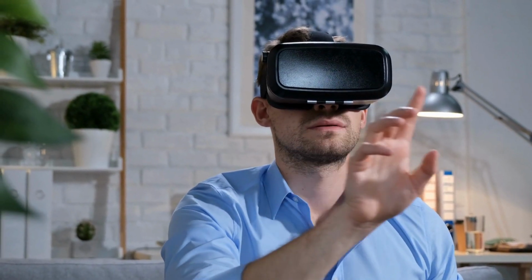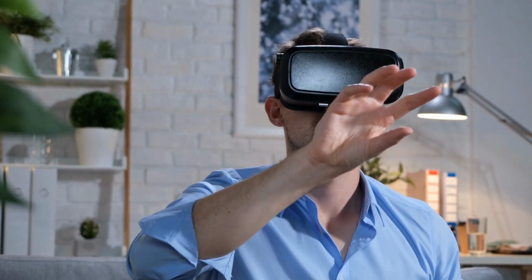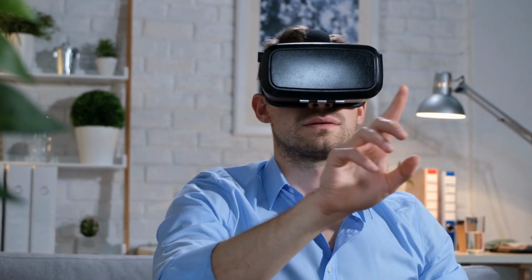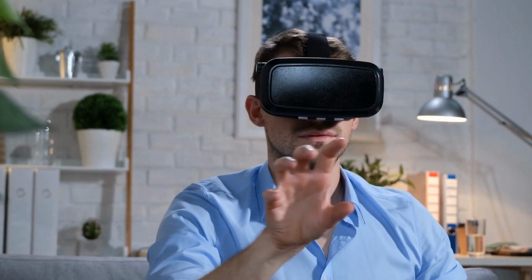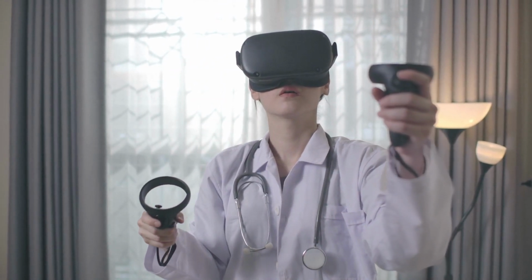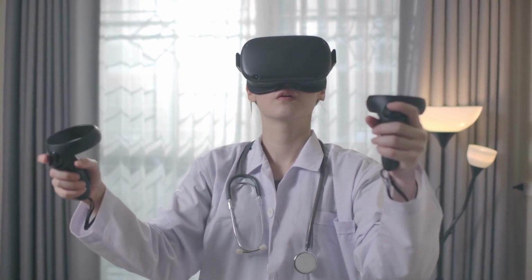To summarize, virtual reality is revolutionizing healthcare training, offering innovative solutions to age-old challenges. By combining immersive learning experiences with cutting-edge technology, virtual reality equips healthcare professionals with the skills and confidence they need to provide exceptional care. As adoption grows, virtual reality will undoubtedly play a pivotal role in shaping the future of